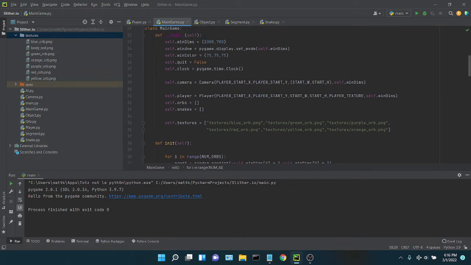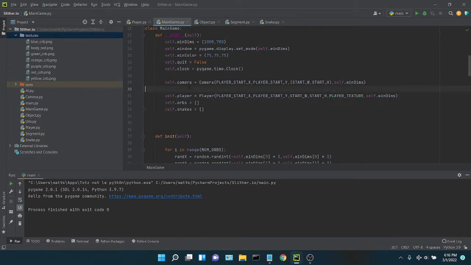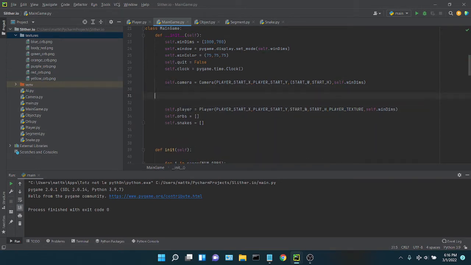Now let me randomize the player texture. And this will be slightly different. So I actually got to change the order here. I can't say random.choice self.textures because I define the textures here, so I cannot pick a random item from textures when it hasn't been created yet. So I'm going to be really lazy, and instead of putting the player in the init function,